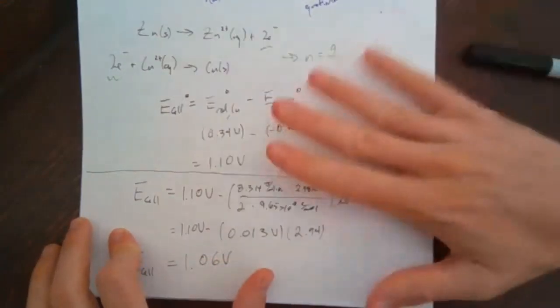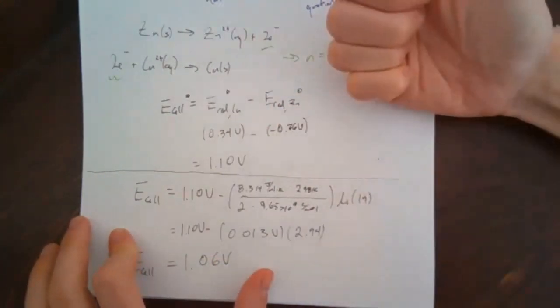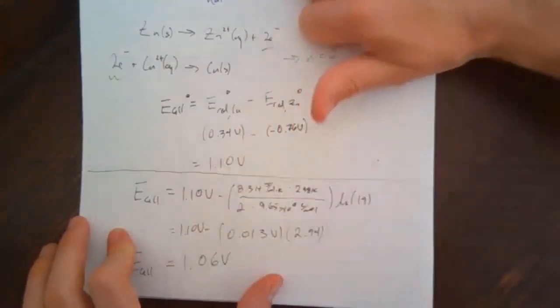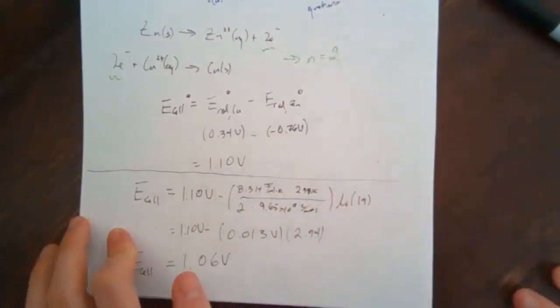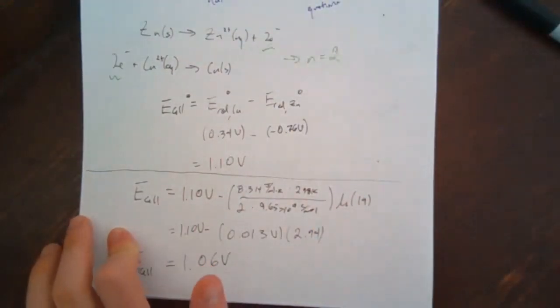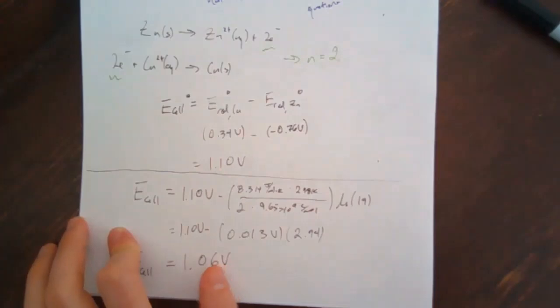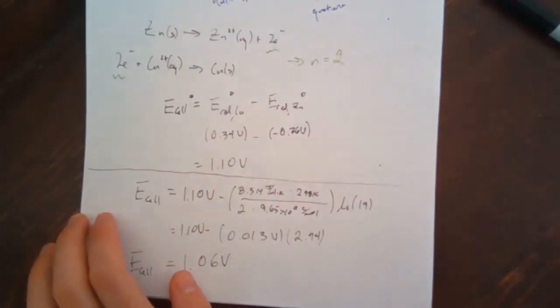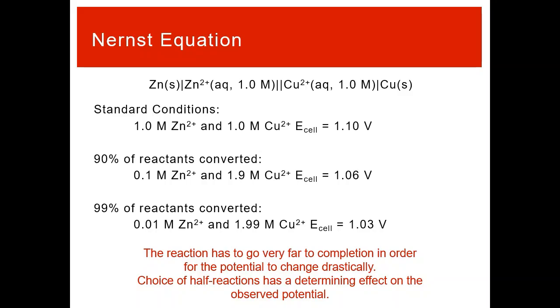So we always expect as any reaction occurs, Q increases and the cell potential decreases. So cell potential is always going to decrease as the reaction occurs, as we consume reactant and make product, because basically we're approaching equilibrium. So there's less motivation or less chemical driving force for more and more of the reaction to occur. So our standard conditions was 1.10 volts, 90% of reactants, which we just looked at, drop to 1.06